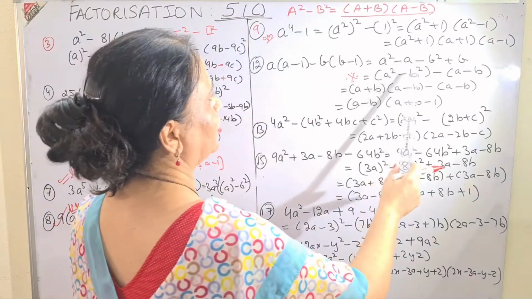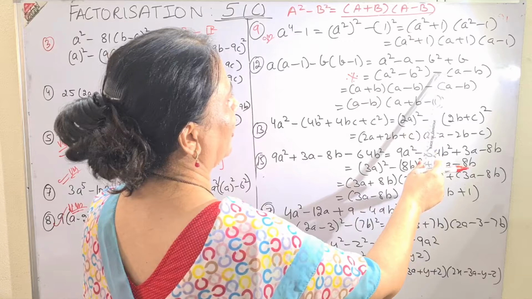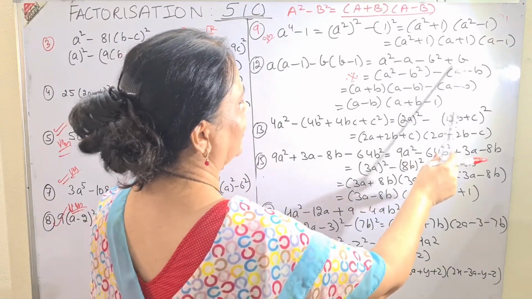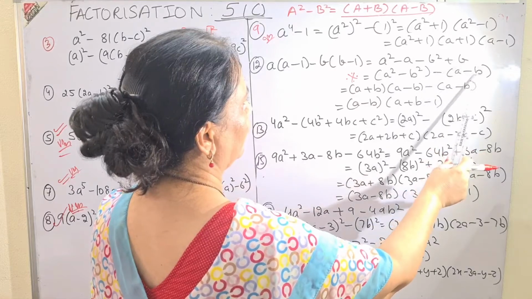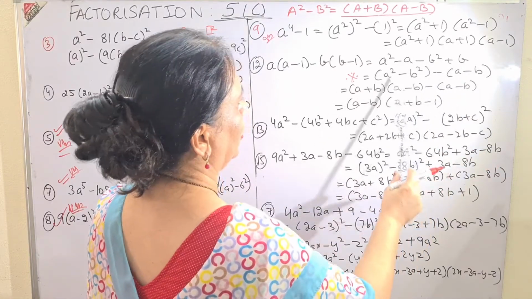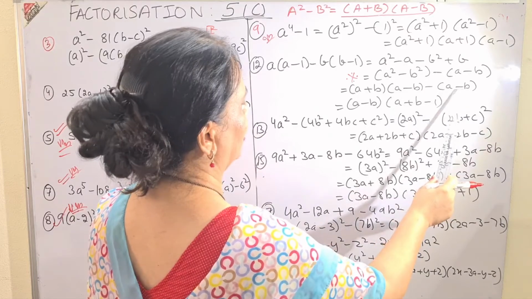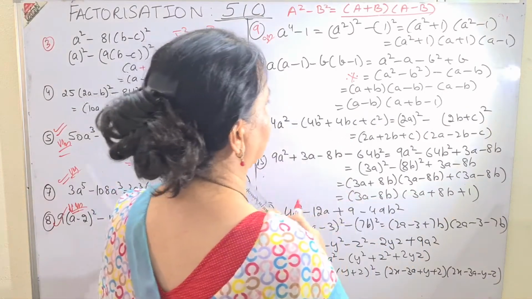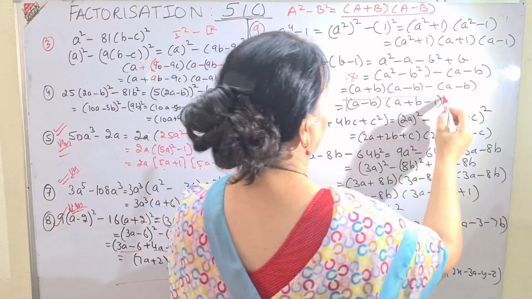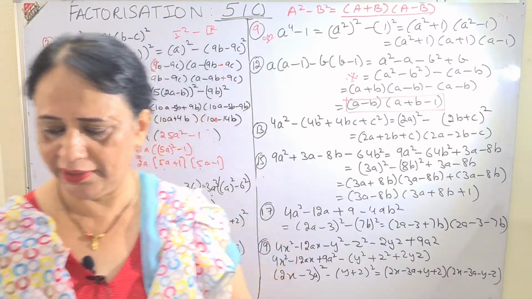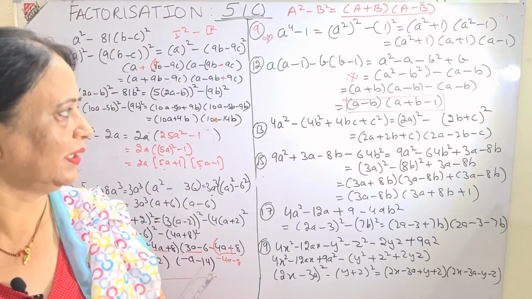So a square minus b square, take minus common. If I take minus common, a will become plus inside the bracket, plus b will become minus b. Rest you know. A plus b into a minus b, and a minus b is the common factor. You take it out and this is your required answer. This type of sums are very, very important where exams are concerned. Then moving to question number 13.